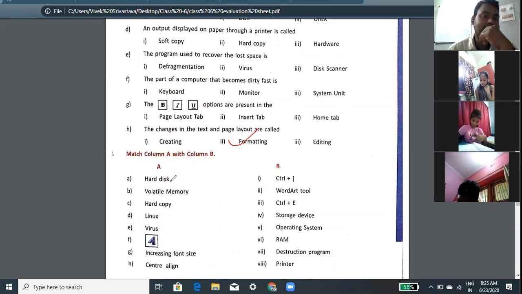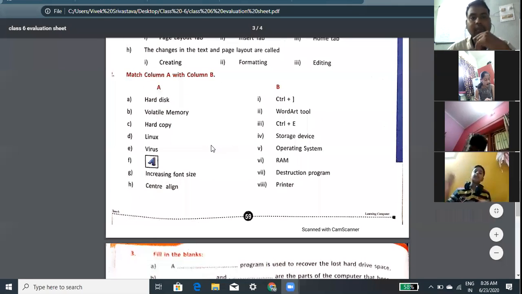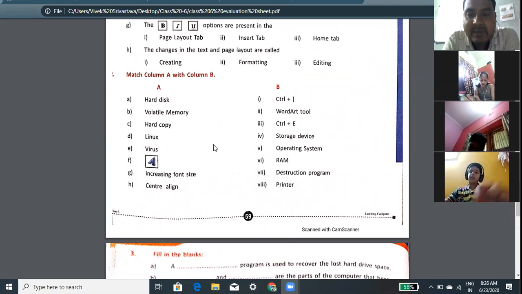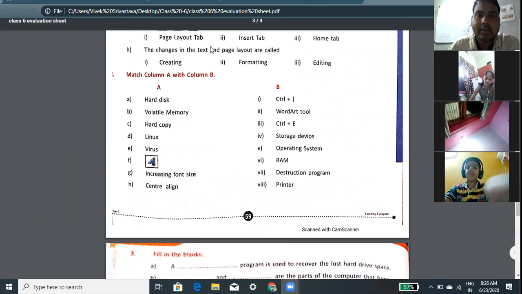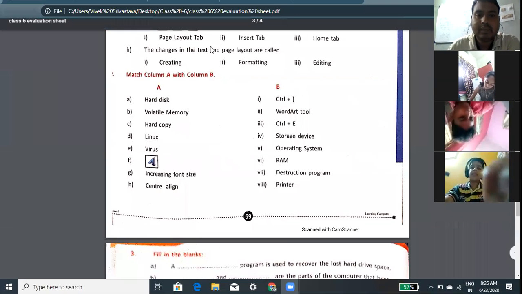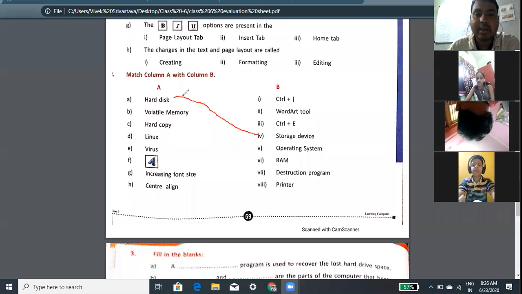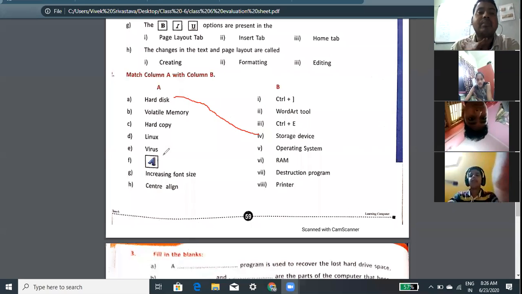Now next, match column A with column B. Hard disk matches with number 4, a storage device. Number B, volatile memory. Which one is volatile memory, RAM or ROM?